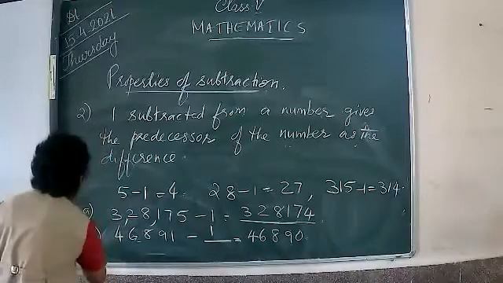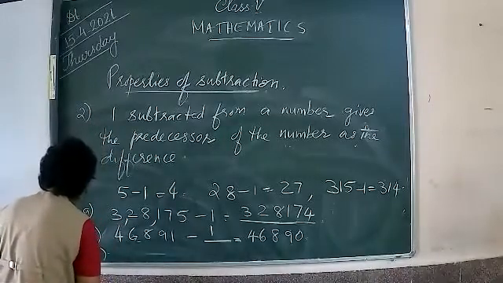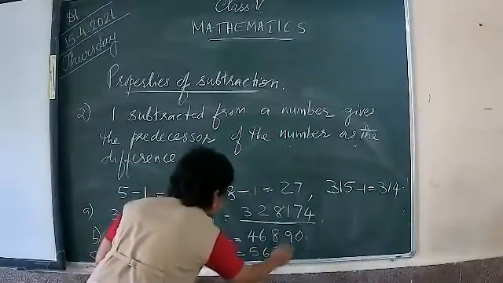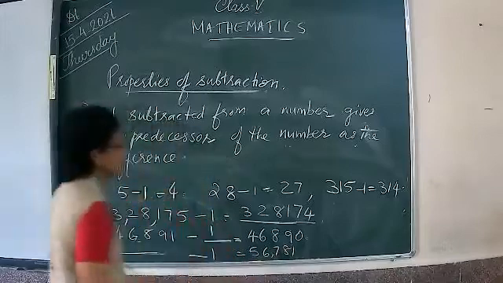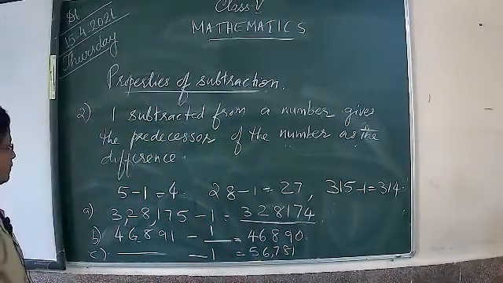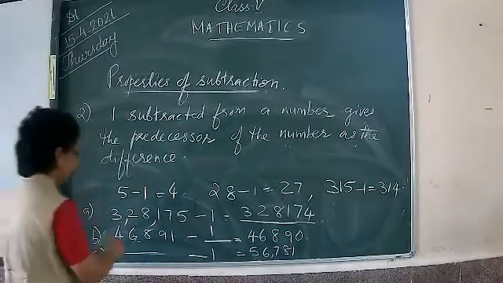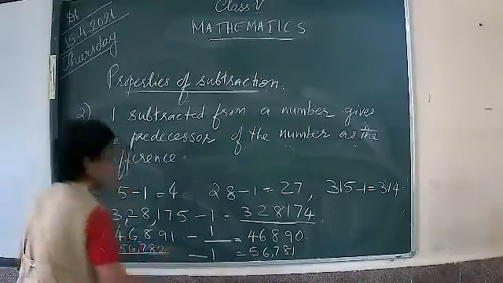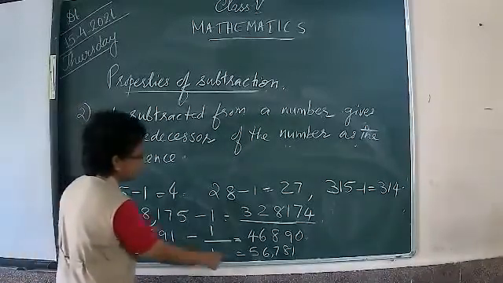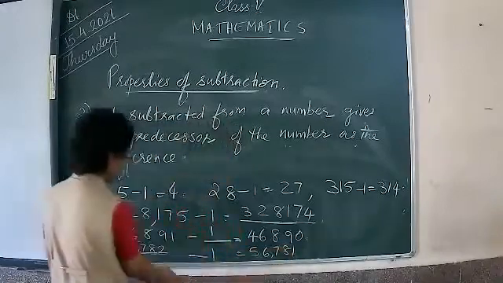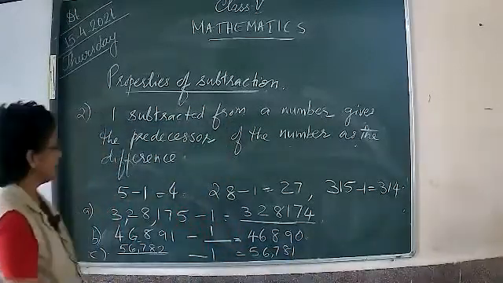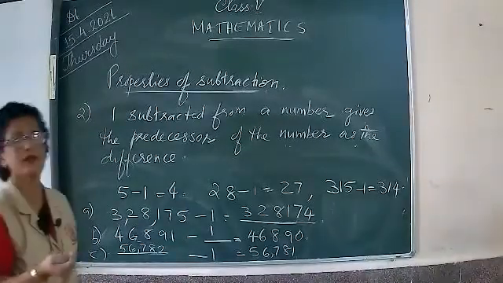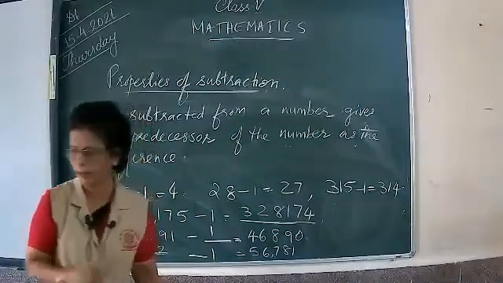Okay. And one more example I can give you. Dash minus 1 is equal to 56781. So what will be here? One more than that, 56782 should be here. Then only when you subtract 1 there, you will get 781. Here it should be 82. These types of questions you will get there. Okay. Without doing the actual subtraction, you can find the answer. Okay. Copy down them.